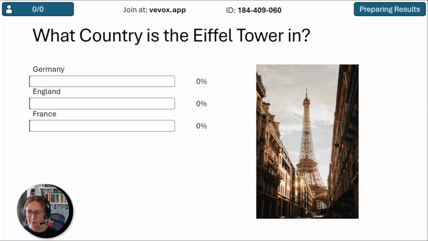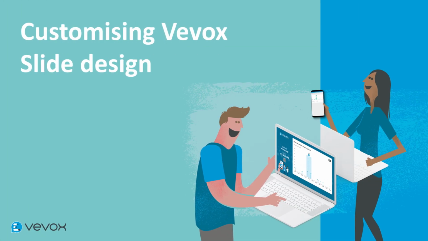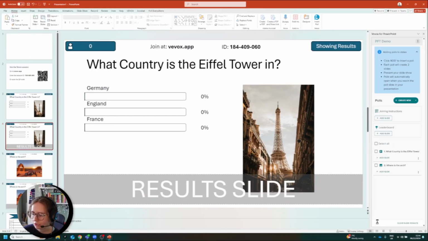And so again, I will just click there to move on and close my poll. So you can see it said preparing results, and now it's saying it is showing me my results. So just clicking through the slides, it is as simple as that, and it will open and close your polls for you. So I am now just going to come out of that,